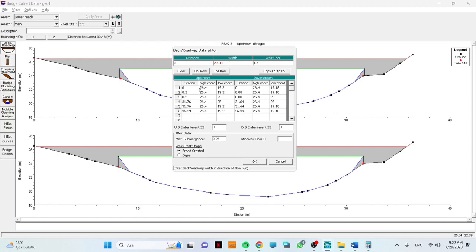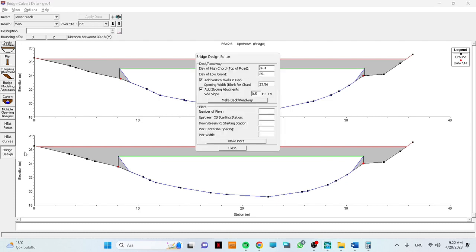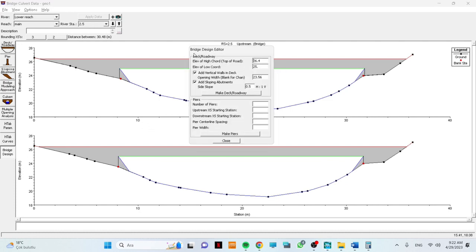As you can see, we didn't write our stations by hand. HEC-RAS calculated our stations. You can choose whatever you want, making it by hand or letting HEC-RAS compute it. Then say OK. As you can see, we have a sloped abutment now. For piers, you need to go to the bridge design editor again,